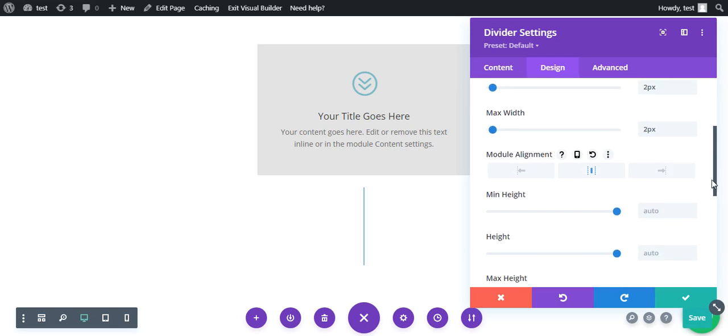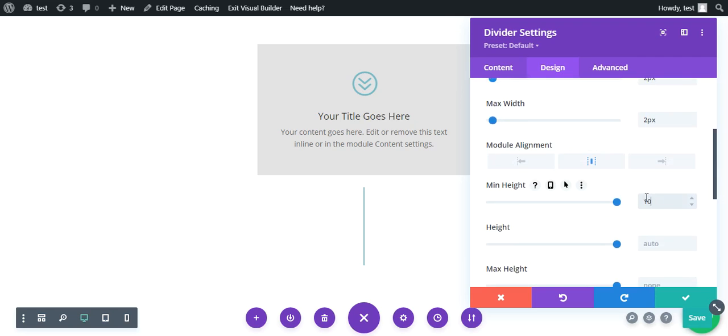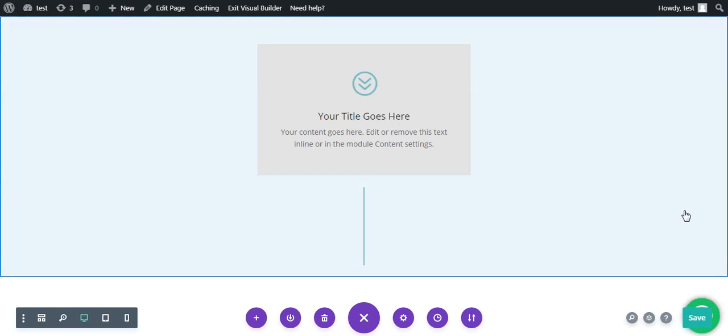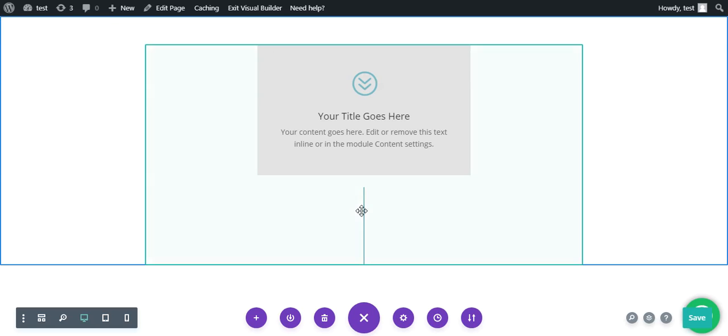Scroll down a bit, and let the max height also be 150 pixels, as the divider width. Remove the min height. We can give this to max height. Now that seems alright.